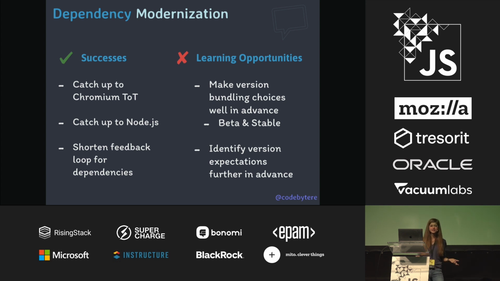Sometimes, your dependencies won't all play nicely in the sandbox together. And if you know that's going to be the case, it's best to make your version bundling decisions as far in advance as possible. We didn't really do that well for Electron version 6, and so at one point, we ended up having to scramble a little bit and had to use a slightly less than stable version of Node version 12, because we were releasing slightly before it went stable. This was unfortunate, as it didn't really change too much from the consumer end, but it did mildly change some of their dependency modernization expectations.